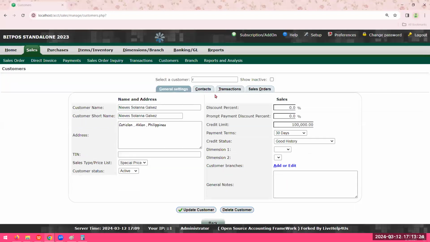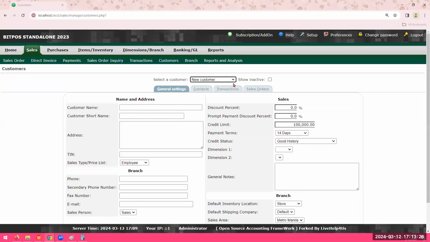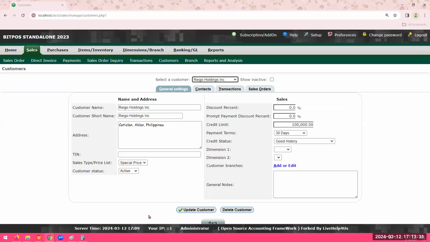and then input the name of the customer. Tap the drop down arrow and select that specific customer so that you can edit anything and then you may update it or delete that customer. So it's up to you. So that is how we do it here in add and manage customers in our back office interface.